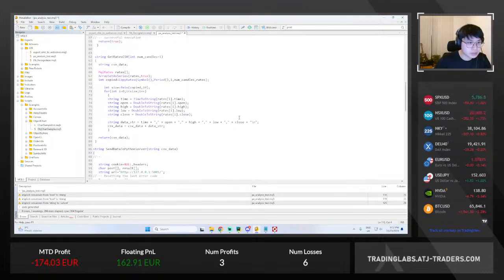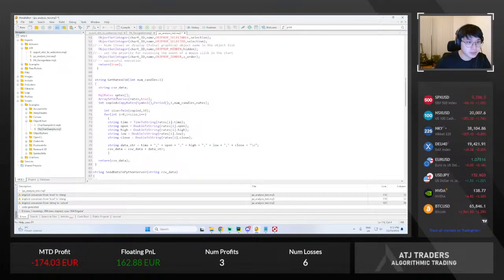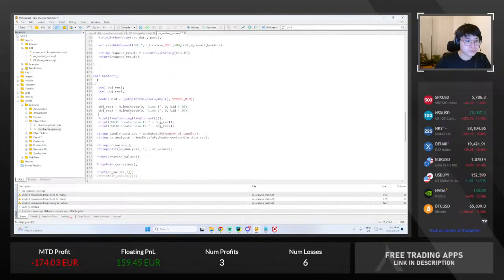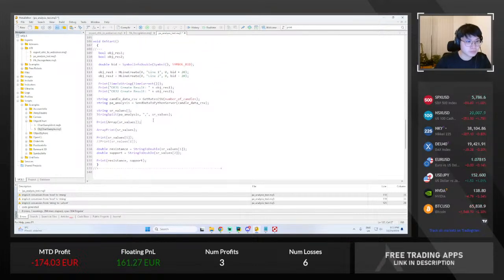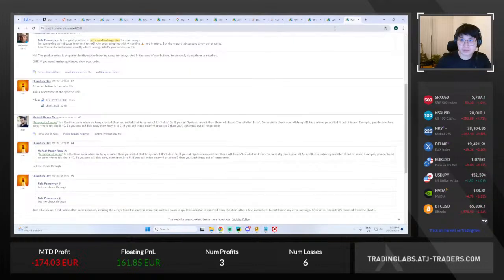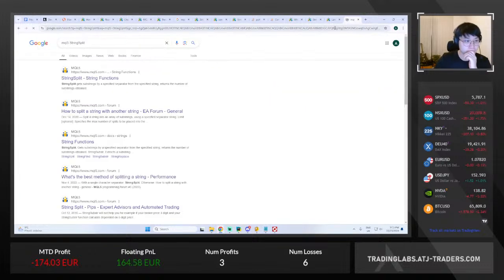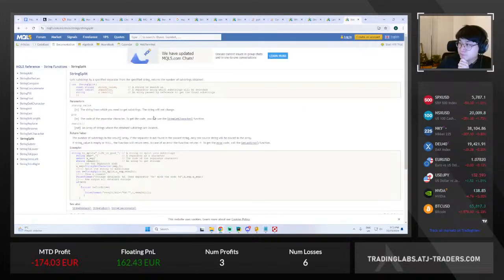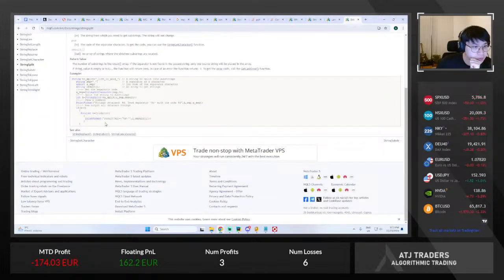And I guess this is what we're actually doing with MQL rates. Maybe we should have a look at string split. So here MQL5 string split,